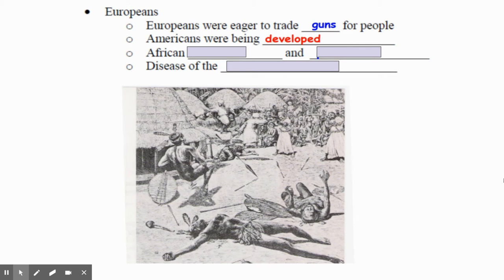The Americas, for the most part, were being developed, and we needed the labor source. African mines and also plantations were developing. When we talk about gold and diamonds, Africa today is still one of the biggest producers of those items. When we talk about plantations, not only in the Americas, but there will eventually be plantations that are going to take shape in the continent of Africa as well.